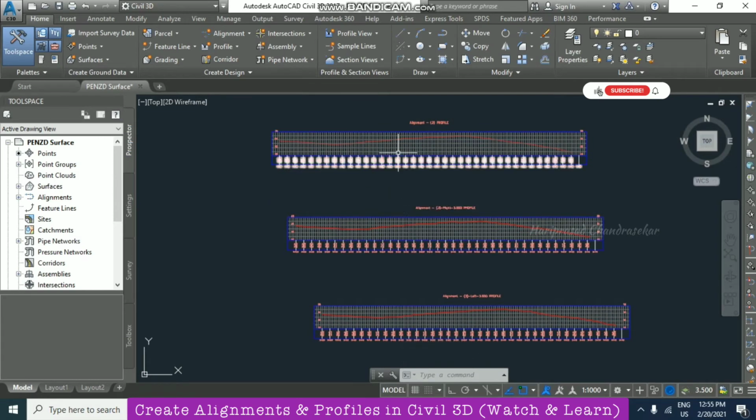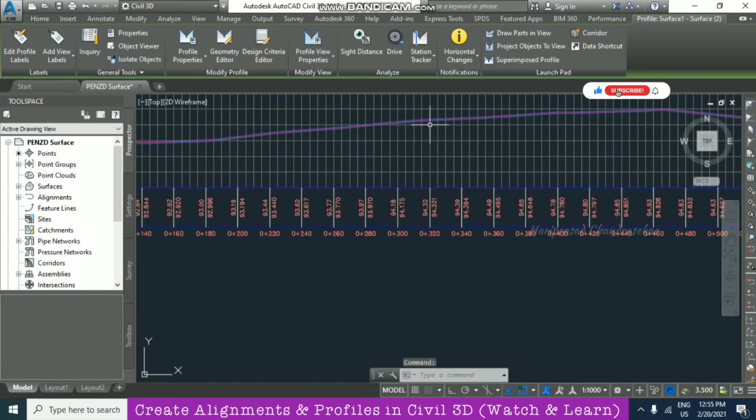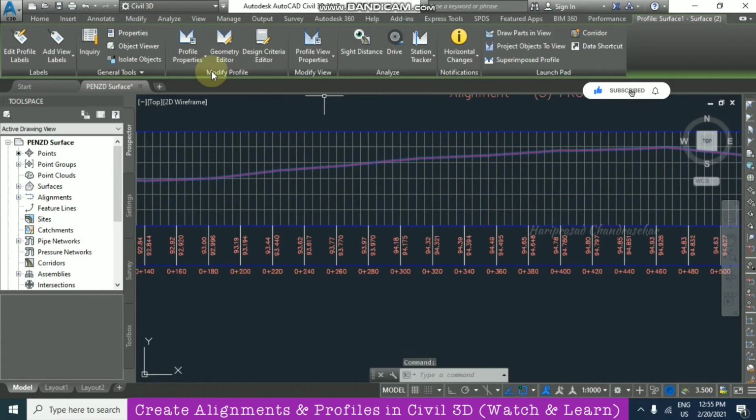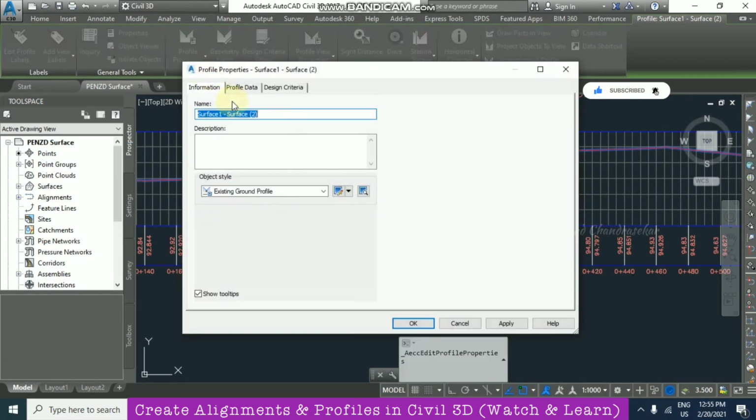Now if you want to rename or something, you can just go for selecting the profile in the profile view, and then we can just go for profile property, where you can change the name of the profile. So I'm just going for main profile or main centerline profile.